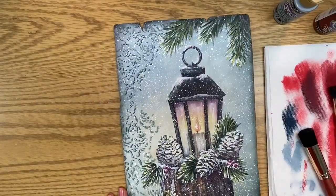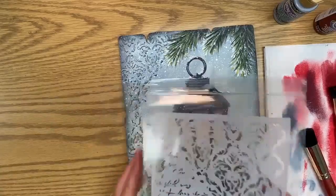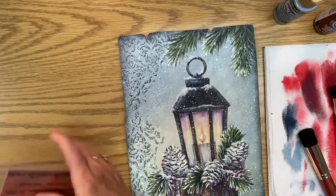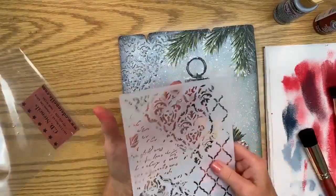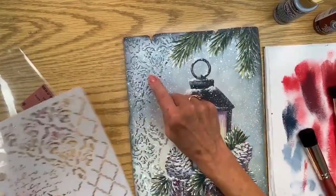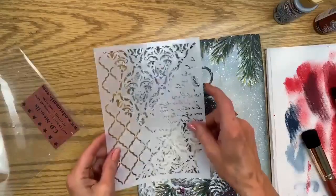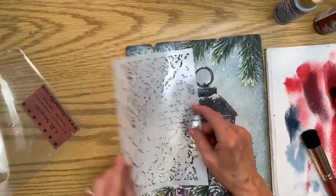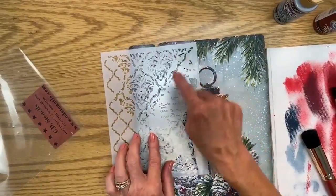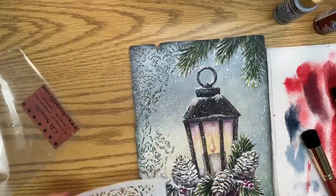This one is decorative touches with the stencil. This is another one of my favorite stencils. This is a collage stencil. I love this design, and I've used this over and over. But on this one, I just wanted part of it. So I decided, and you can flip it over, but I decided to put this part on here, and then I flipped it over, and I can put